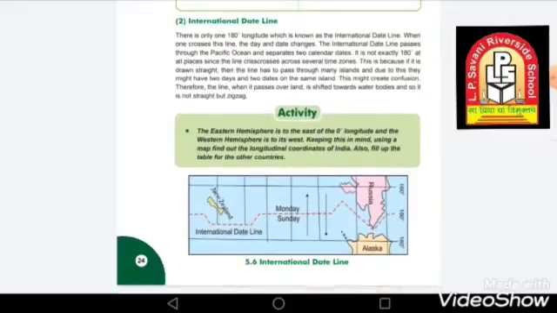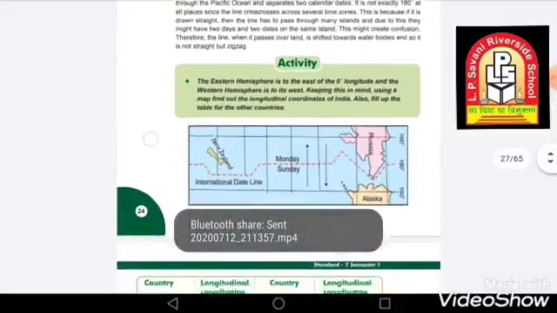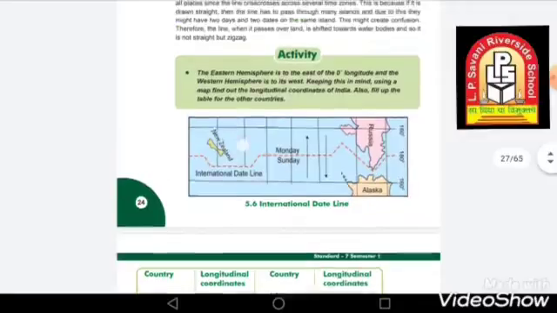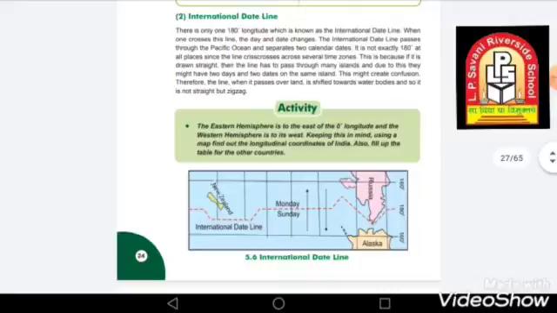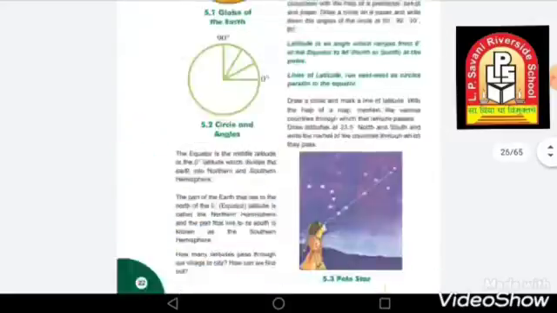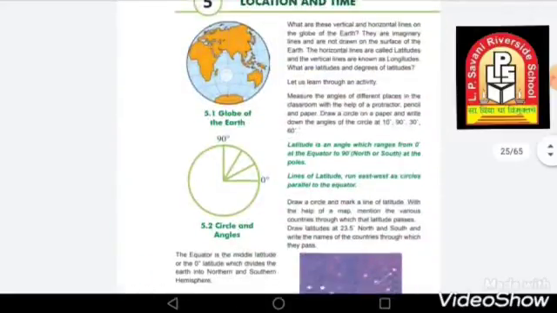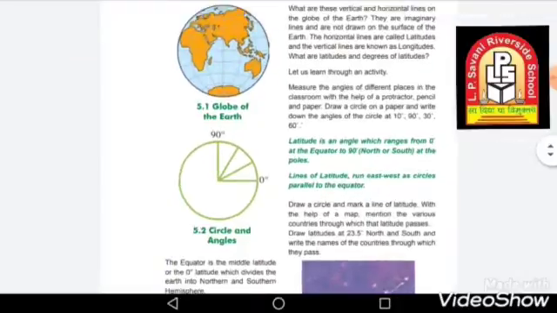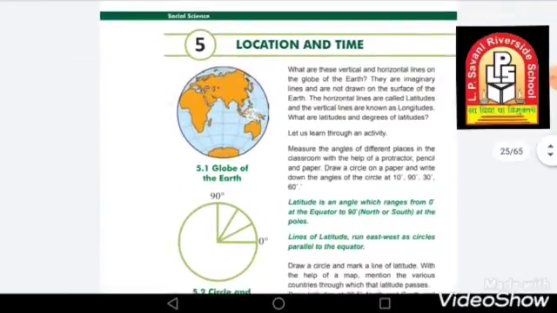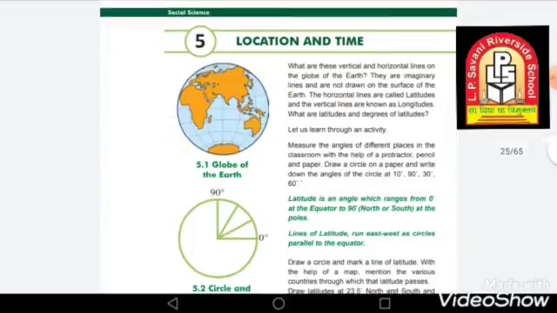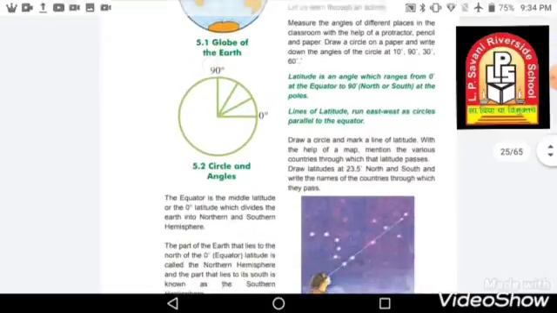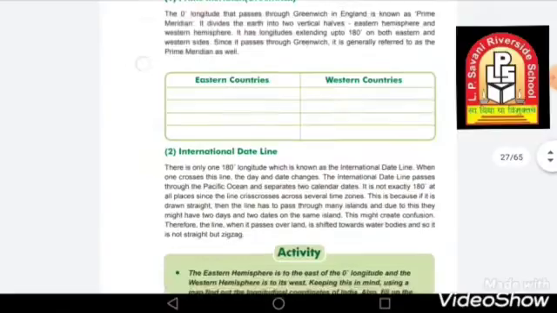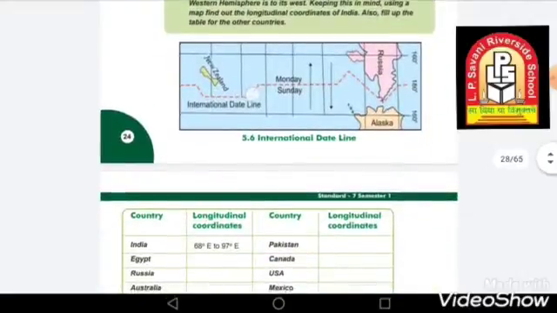I'm going to show you one important thing about this international date line, that we studied that the international date line is a zigzag or crisscross line. I'm going to show it with the help of this picture. See, over here I told you that 0 degree is a straight line. The longitudes are always straight lines and the latitudes are horizontal lines. These vertical lines are straight, but only one line is a zigzag or crisscross line, which is the international date line.